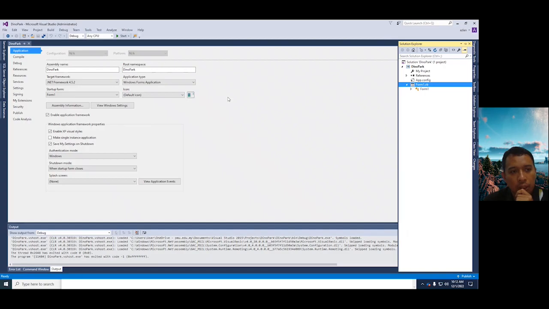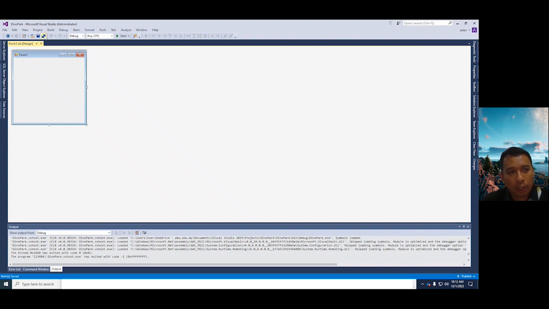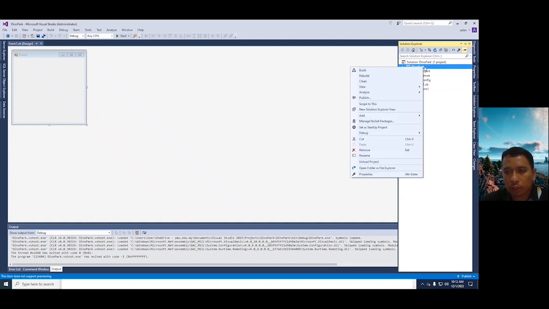The DynoPark application is an application that lets you key in your data for a theme park, something that I made. In this application, I will have a basic form, and I will have several forms more to go, so that this will be a functioning app for a DynoPark. So without